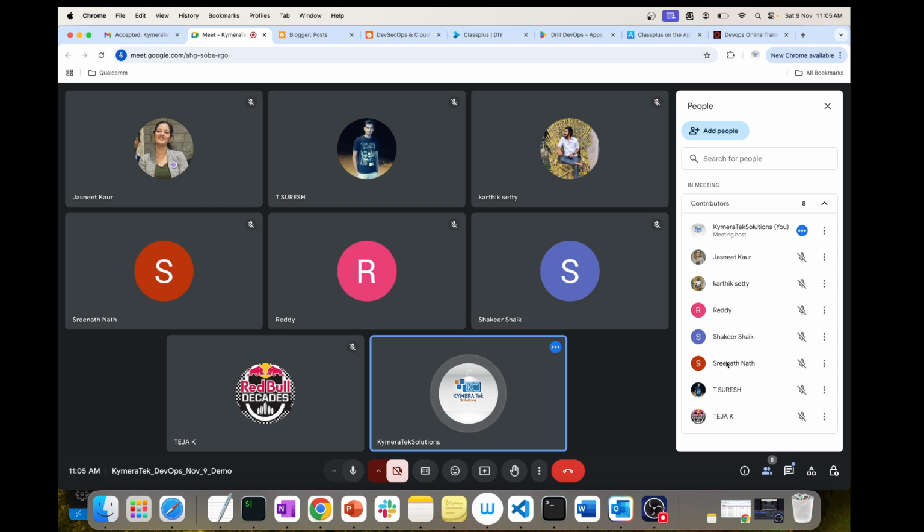An application, on the whole, has different types of architectures: single tier, two tier, three tier architecture, and then microservice based architecture. If you go with microservice based architecture, each container is one microservice.